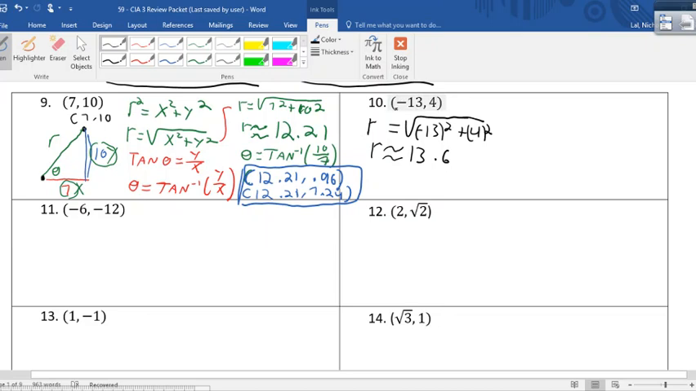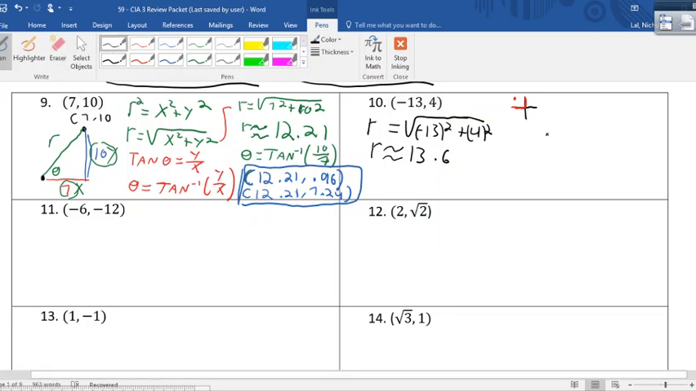And now this coordinate is going to be in quadrant 2 because x is negative and y is positive. So when x is negative and y is positive, that puts us in quadrant 2. So when we find the inverse tangent of 4 over negative 13,